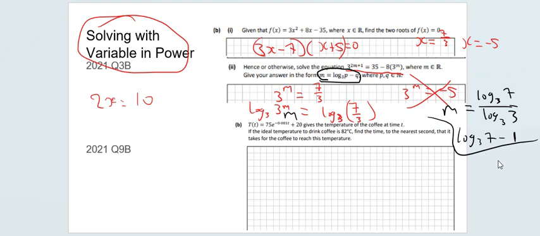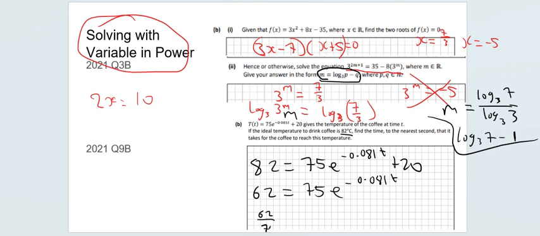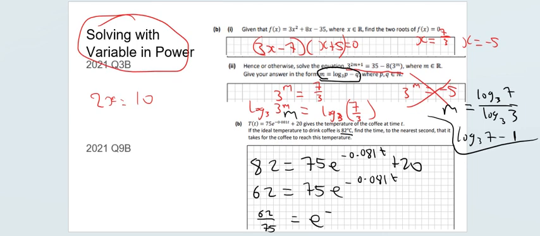So part B, 2021 9b. That's where you're going to let it be equal to 82, so you're just letting that 82 be equal to 75e to the power of minus 0.081t plus 20. You could bring the 20 over straight away and subtract it, so you get 62 is equal to 75 e to the power minus 0.081t. You can bring the 75 over and divide it, so 62 over 75 is equal to e to the power minus